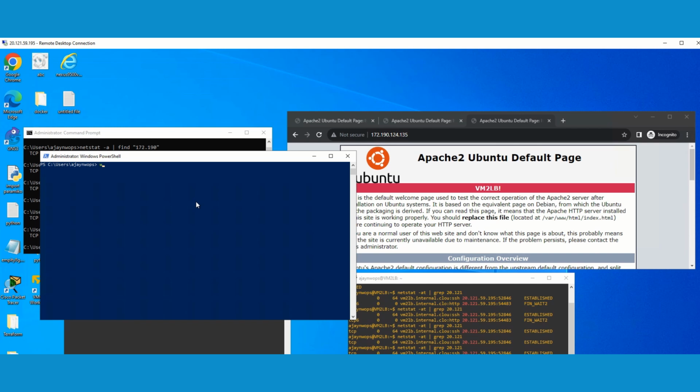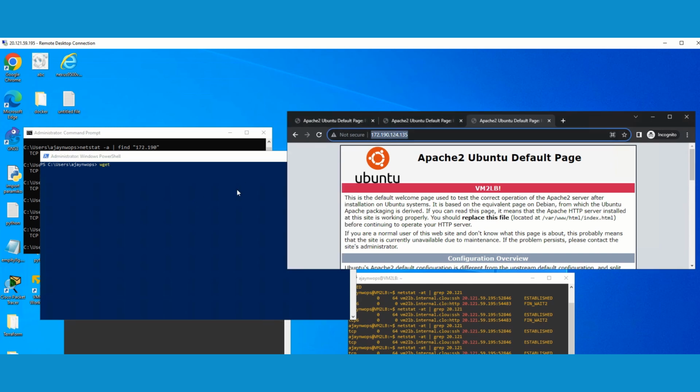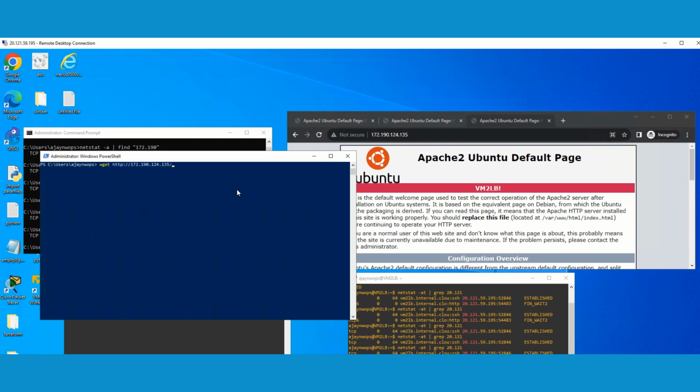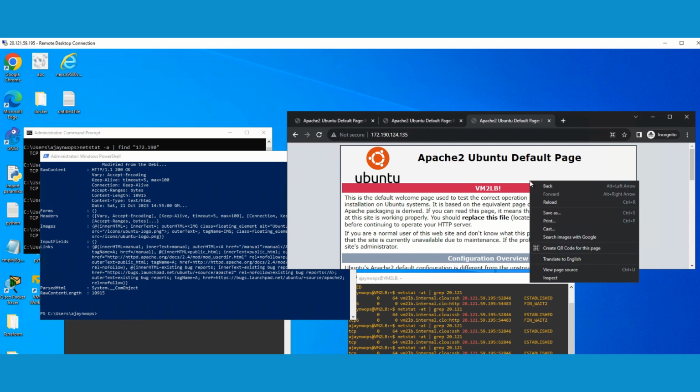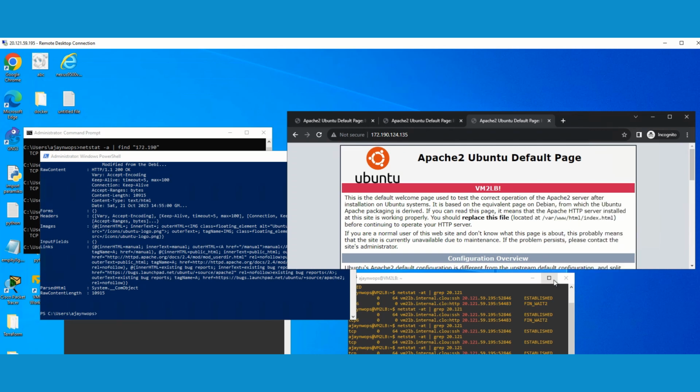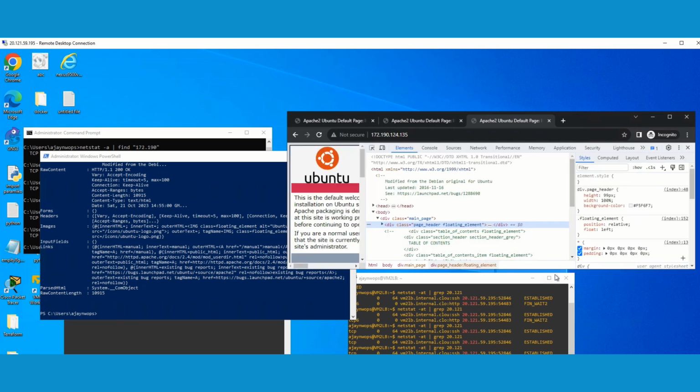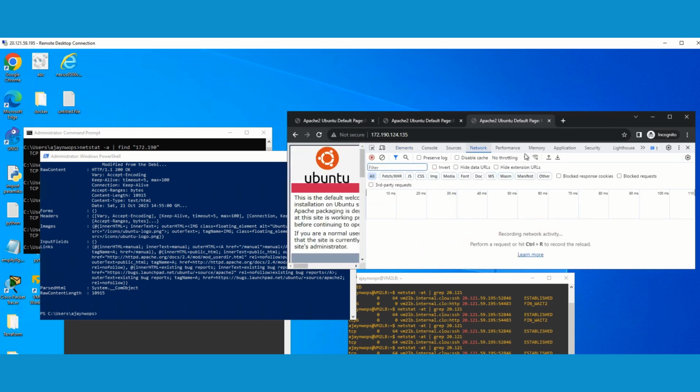You can run a command wget, and then you're going to put the same URL here. So it does the same thing. It is going to test your connection. You can do this testing from your browser, or you can do it from PowerShell. And one more thing you can do here: right click and go to Inspect, and under Inspect you can go to the Network tab, and in this Network tab basically,